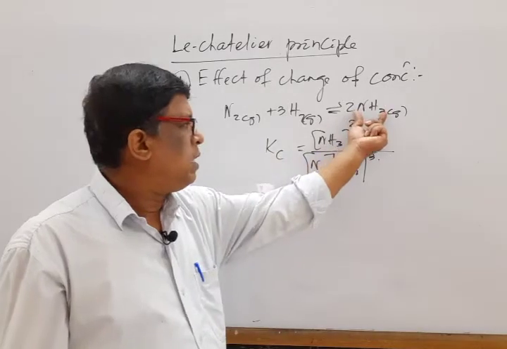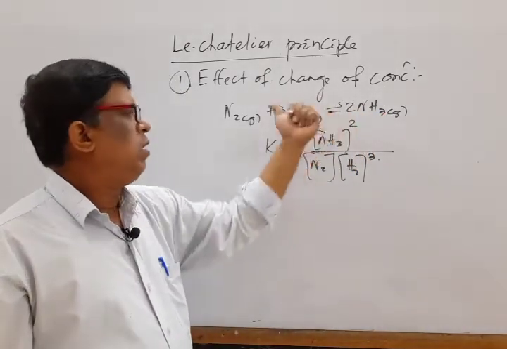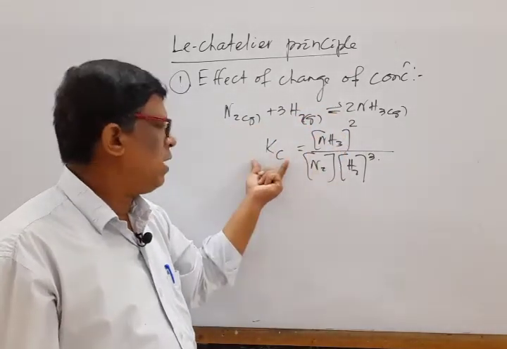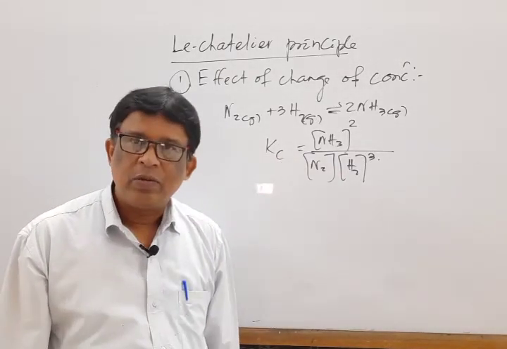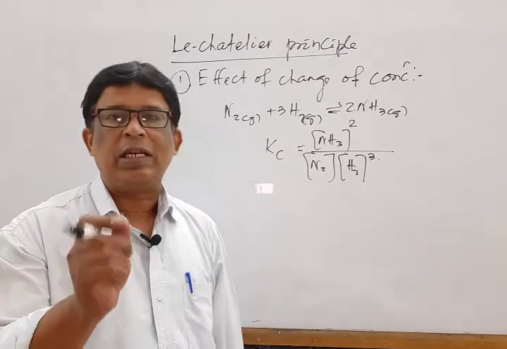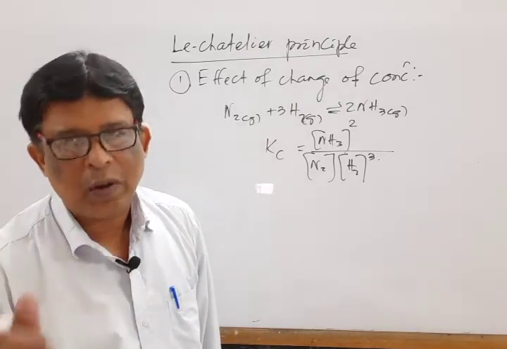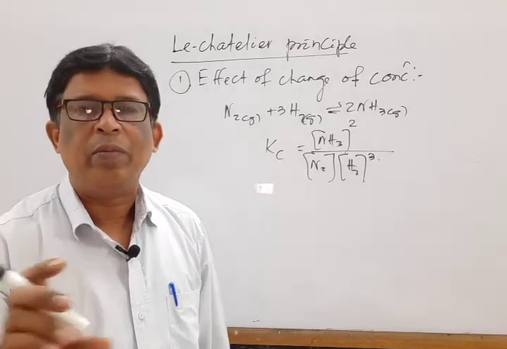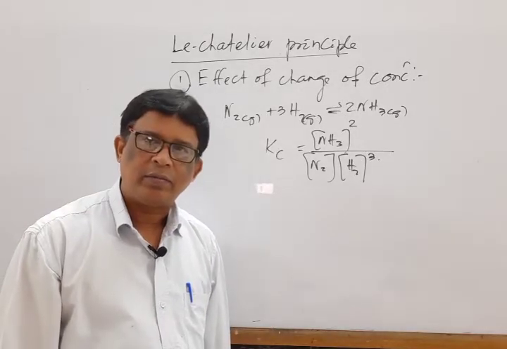Similarly, if we increase the concentration of product species, the equilibrium shifts backward, forming more amount of reactant. So increase by increase, again the equilibrium constant remains constant. Hence, from this we draw one conclusion that if we increase the concentration of any one reactant species, then the equilibrium shifts in the forward direction. Similarly, if we increase the concentration of any one product species, then the equilibrium shifts in the backward direction.